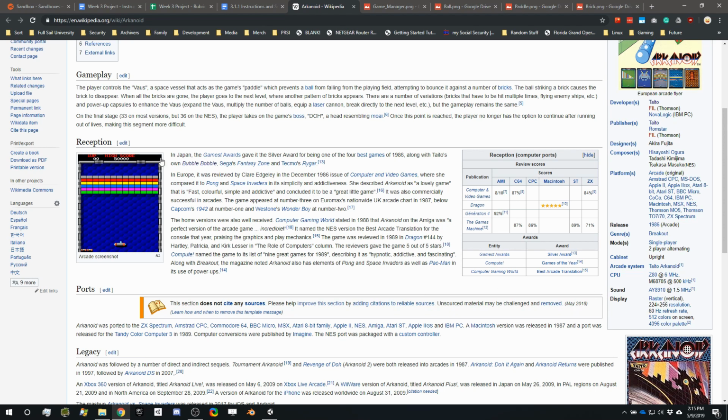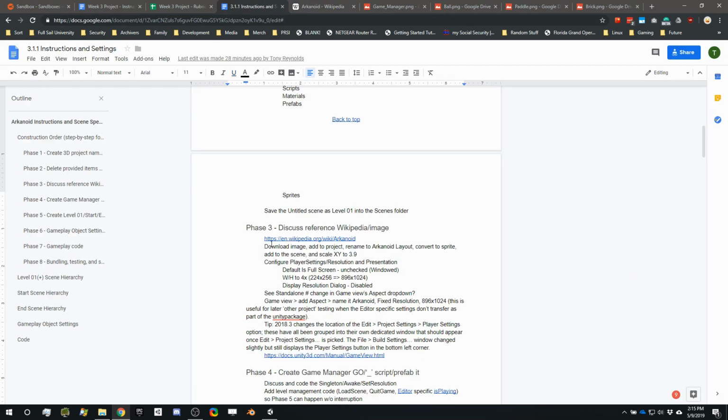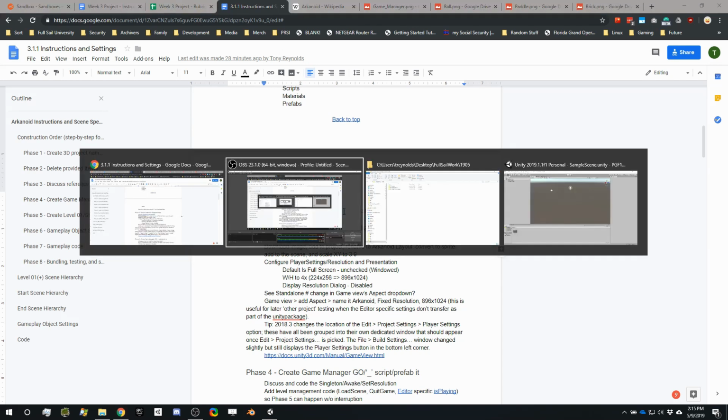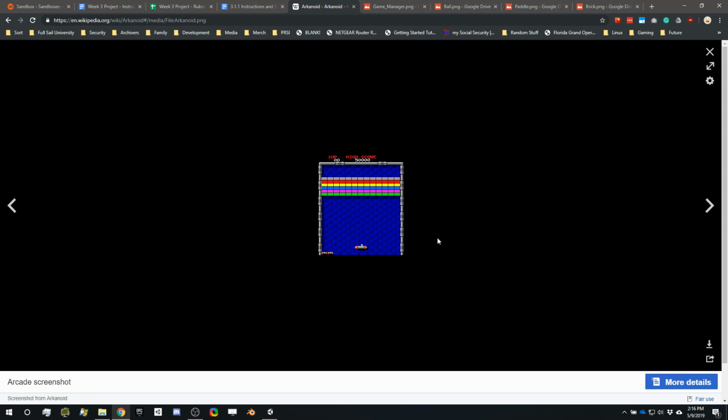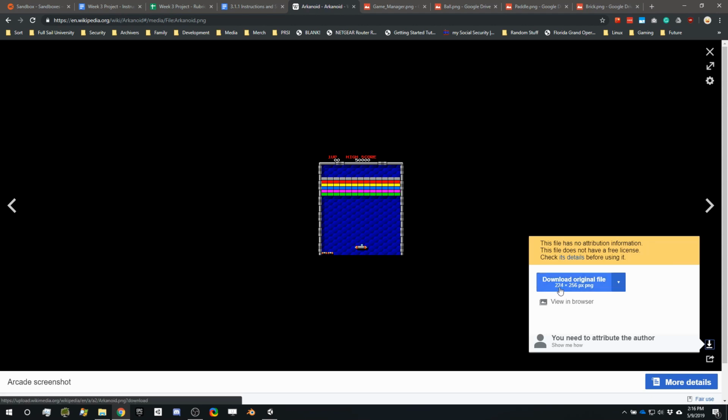Okay, but what I do need to do, according to the instructions over here, is grab myself a copy of this image, and we'll pull that into our project and continue working. So what I'm going to do is jump back over here to the Arkanoid Wikipedia page, and this image over here, if I click on it, we'll see this looks correct, and over here we have a download button. So we're going to download this file, original, again right here, 224 by 256. I'm going to download that